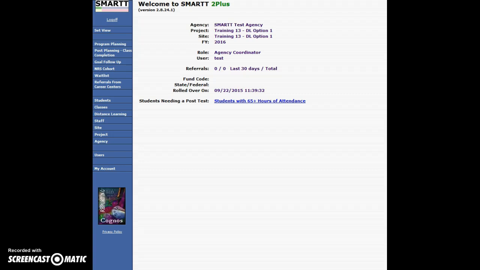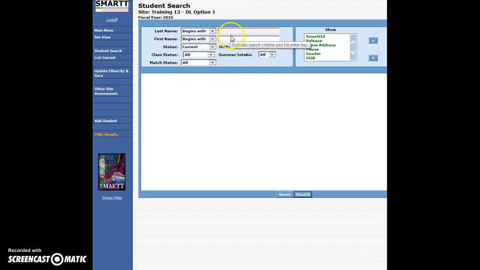Now the hub has given you some clear directions as to when you want to refer the student. It's usually after they've been putting in some time in the core curriculum that they want you to refer the students to the distance learning hub. You're going to refer the student starting from the student's record. Okay, and now we're going to put in our last name here,